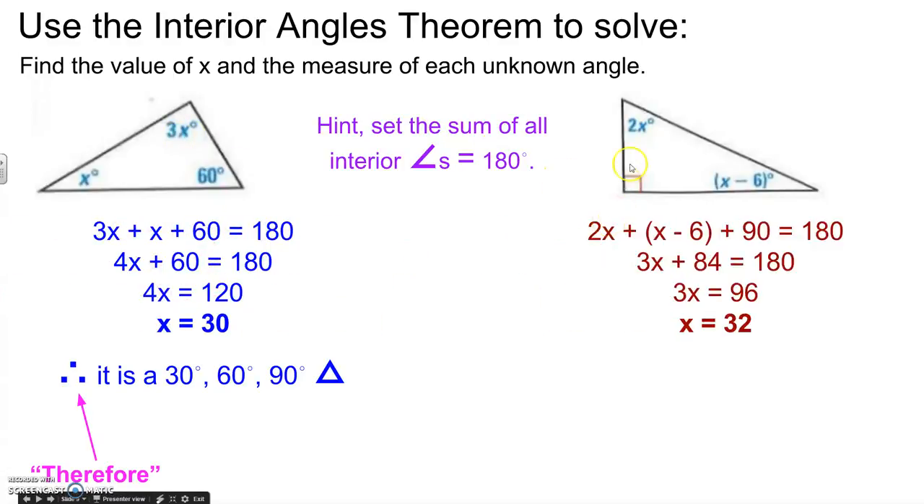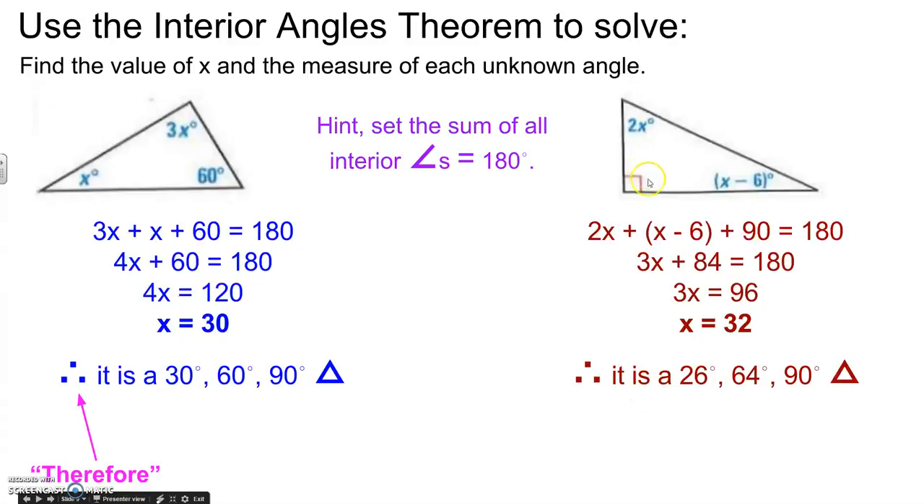Looking at our second example here, I've used the 180 degrees rather than setting this up as 90 degrees. So 2x plus quantity x minus 6. And the reason we want to put this in a grouping symbol, it's really important, is that if this were a negative sign, it would distribute and make these opposite. So you always want to put a grouping symbol in for these. Plus 90, we combine like terms, use our inverse operations, and we see that x equals 32. And again, it's not 32 degrees, it's our value for x. Therefore,